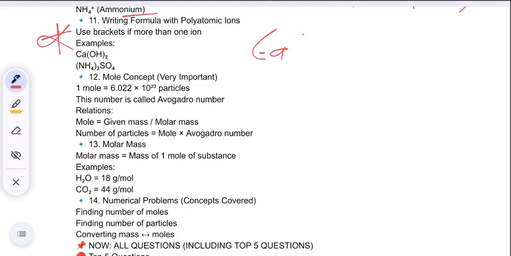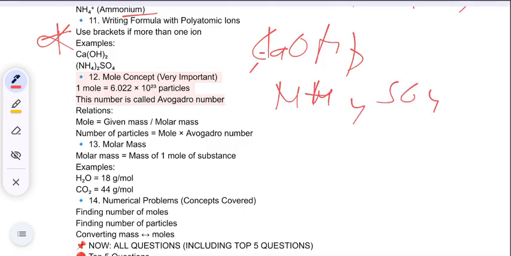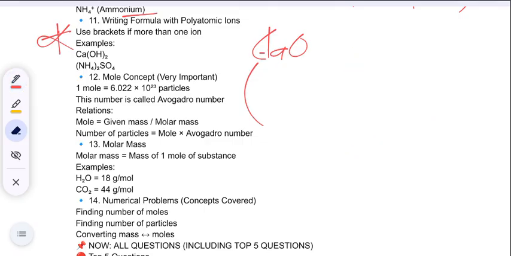एग्जाम्पल, Ca(OH)2 ब्रैकेट, (NH4)2SO4 use bracket. A mole concept is very important. Please learn it or understand it, whatever you can do, just keep it in your mind, fit it, दिमाग से